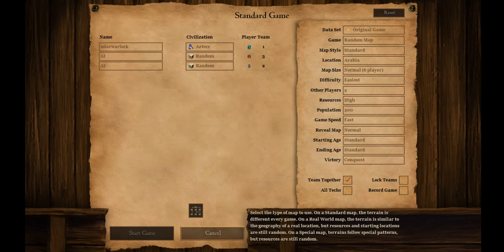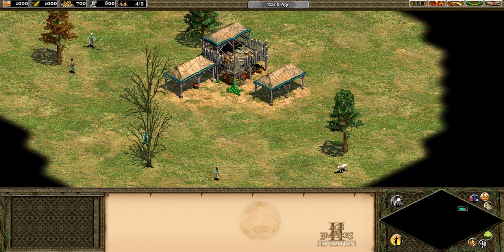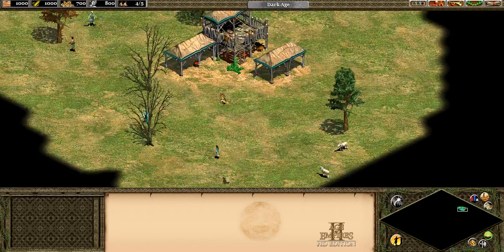This map style standard. Terrain is different every game. Oh yeah, you could go real world. I highly recommend not going real world just because you have very limited whatchamacallit,